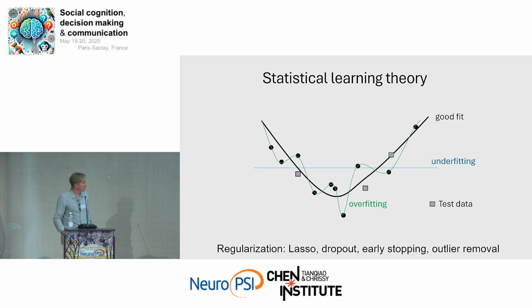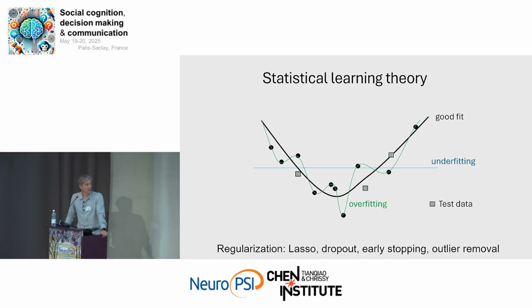And so how does the brain do this? I'm just jumping a bit ahead. So the brain has a fixed capacity, right? We don't have small models here and larger models there. So in machine learning, people use this technique called regularization, which makes the model look like the black one. These are tricks like dropout or early stopping or outlier removal that make the models look like the black curve. Okay. This is just background information.